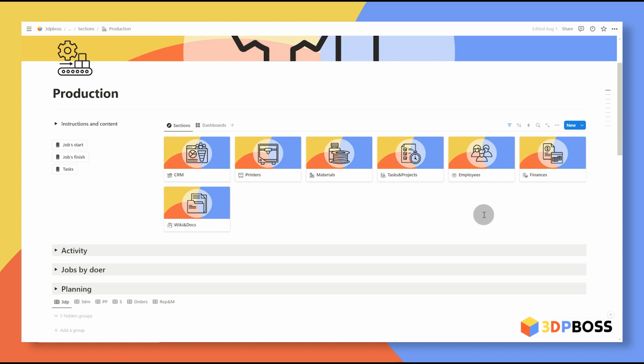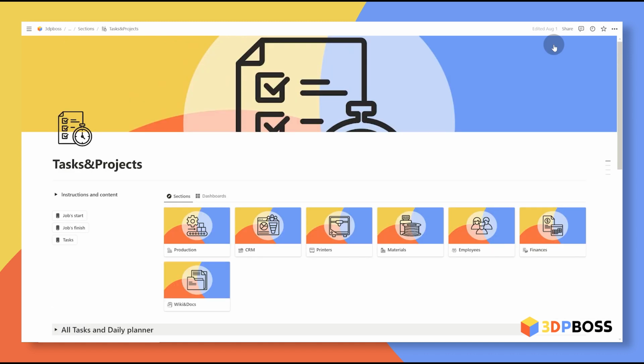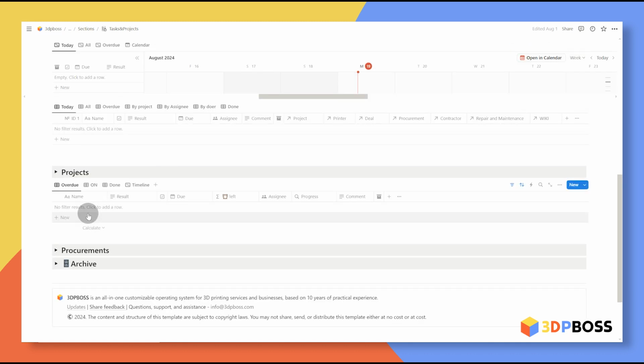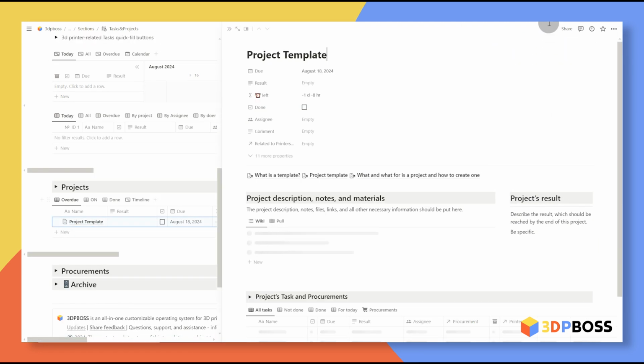Now let's look into tasks and projects. There are two sets of tasks and projects databases: tasks and projects for the owner and tasks and projects for the team. The owner can have his or her own private tasks and projects visible only to him or her. Let's create a project. One more important thing before we go further: by design, everything related to production is done through orders and jobs, and tasks and projects are created for non-production use. For example,